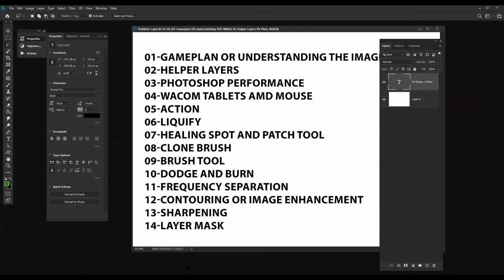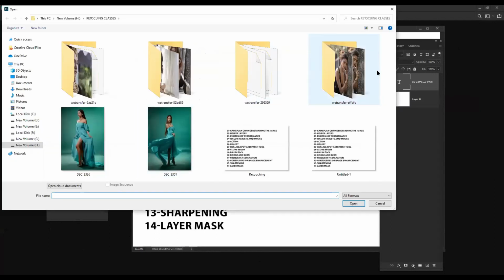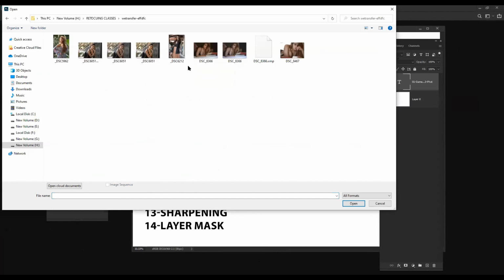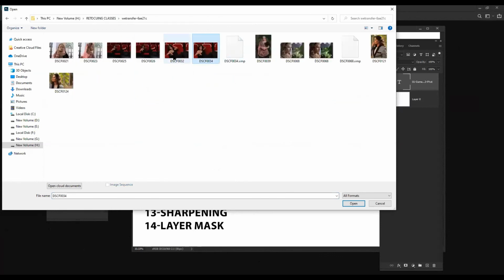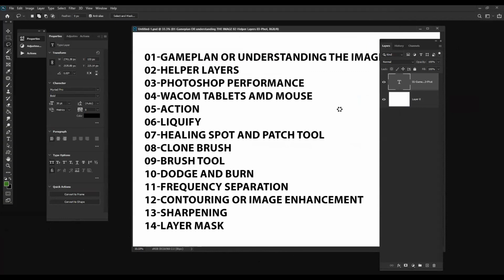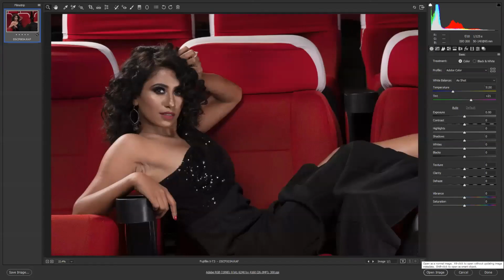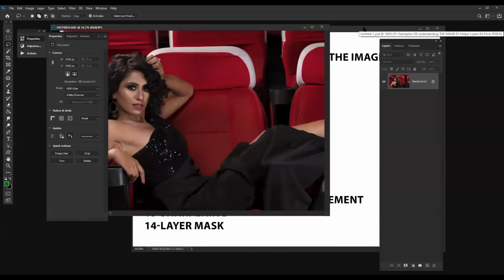Yes. Okay, sir. Now, contouring in image enhancement. Let's open this image. Which image are you able to see, the red image?